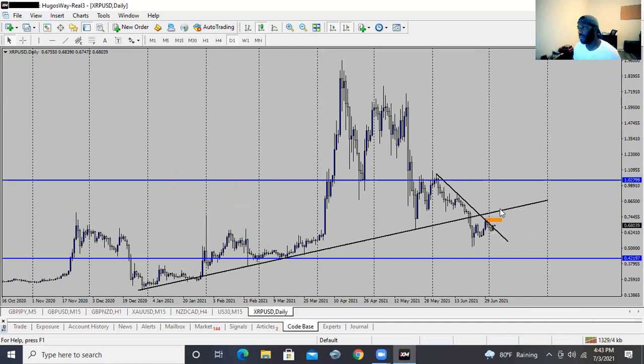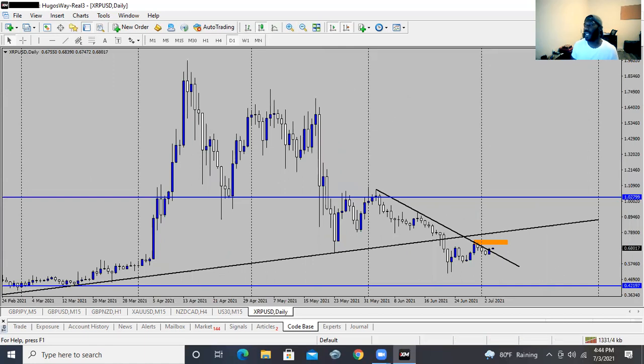Unless we squeeze back above these prices and then this weekly trend to get back above 80 cents, then I see us still pushing to the downside. So that's my quick analysis on XRP. That's what I'm looking at. Market conditions are saying that we're going to push back down to the downside, in my opinion, based off of this downtrend movement.